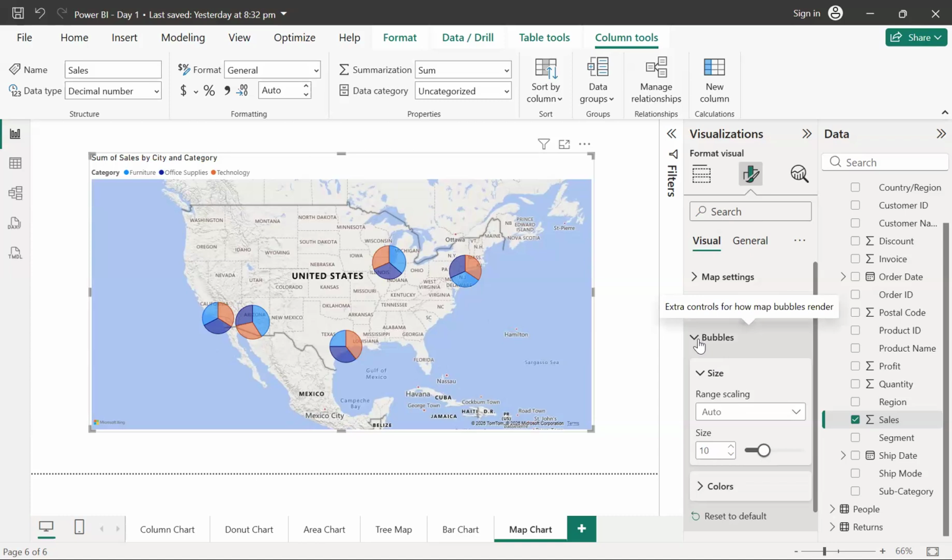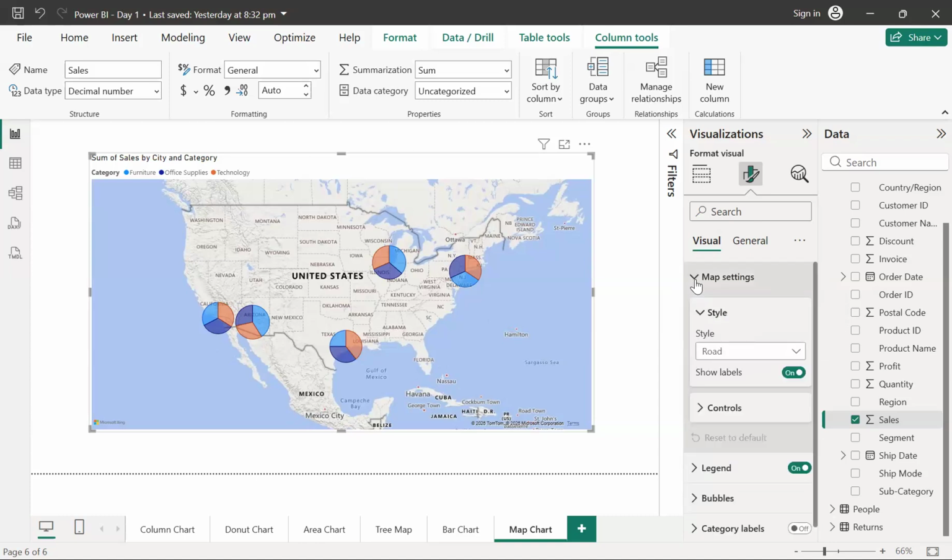The other formatting which we can do is related to the map. Right now, guys, the styling of this map is similar to Google Maps, where you can see the road view.